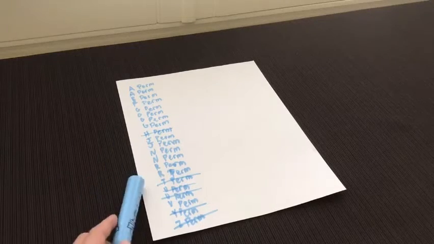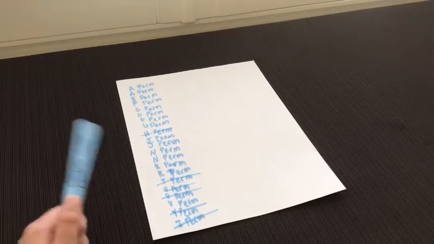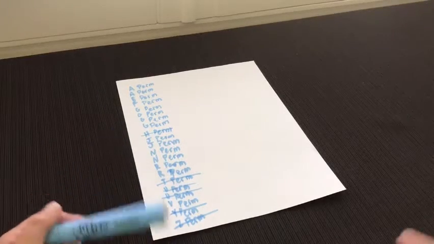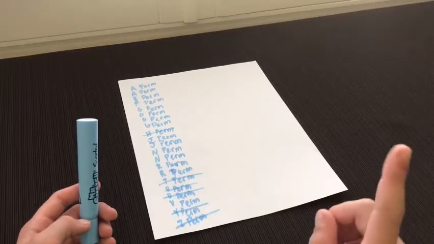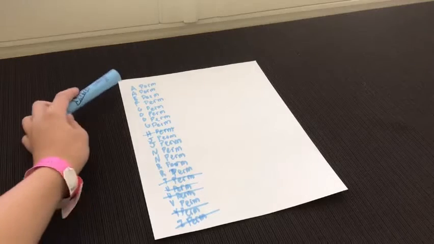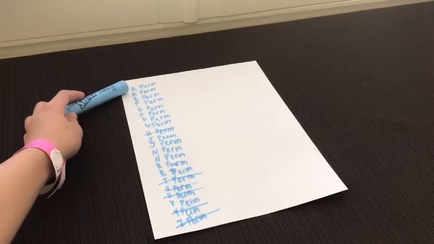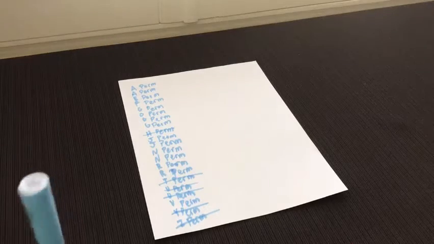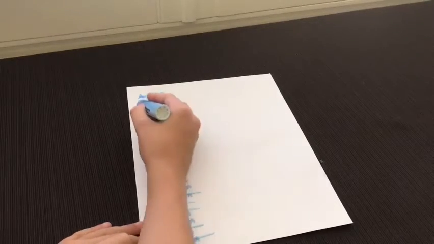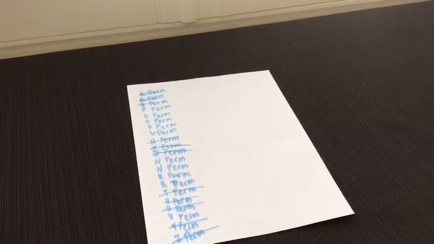learn full PLL. So, I watched J Perm's video, which I'll leave down in the description. It's very good, and you can also leave mine down in the description, and it's also going to be right here. So, I watched J Perm's video, and right in the beginning, I learned both A perms. So, those are both done. And then I kept on going, and then I learned J perm, E perm, and then came the hard